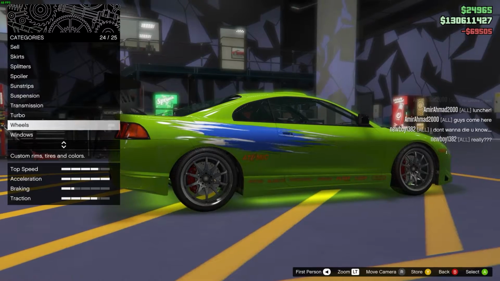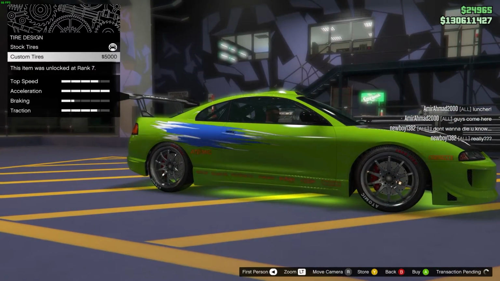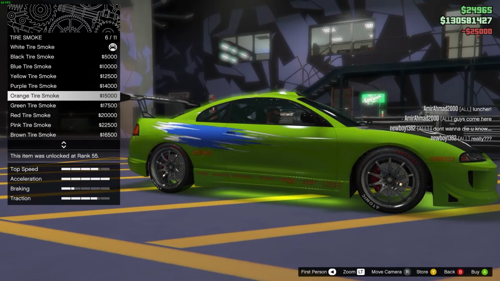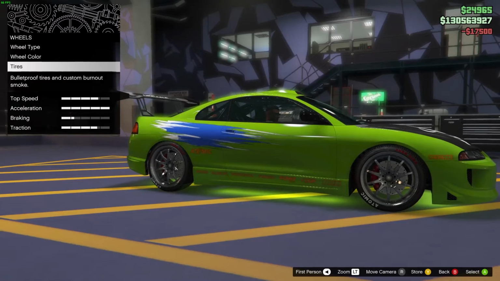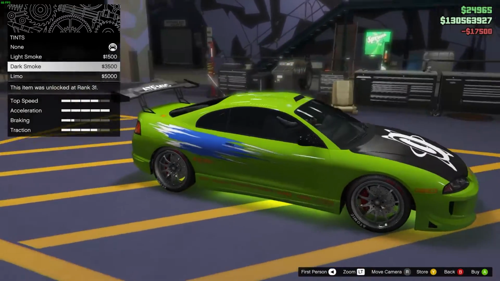So we're gonna move on to the next thing, which is just getting the car ready, which is like performance wise. I'm not gonna change it. No, we can't change the color. So I'm gonna put the enhanced tires on, bulletproof the tires. I'm gonna put tire smoke, which is probably green. You guys don't have to do this. The original car didn't have these, so this is now the windows. I'm just gonna go